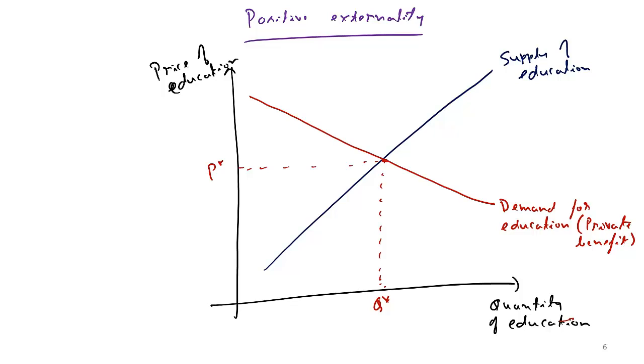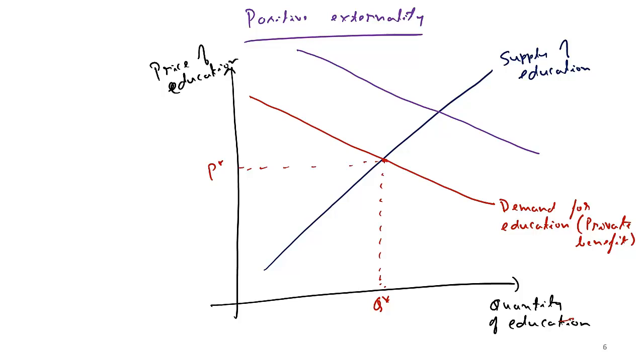However, we all know there is a positive benefit associated with education. As I said earlier, education can lead to lower crime rate. Obviously, it's simply because you are educated, you tend to have lower crime rate. That means it affects somebody else less. Now, obviously, society wants to have more of education because more education means better off society. Obviously, the benefit that society is getting is much higher, and demand measures the benefit. So actual social benefit would be somewhere here.